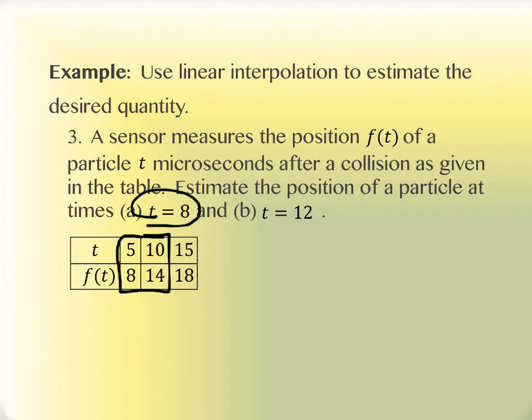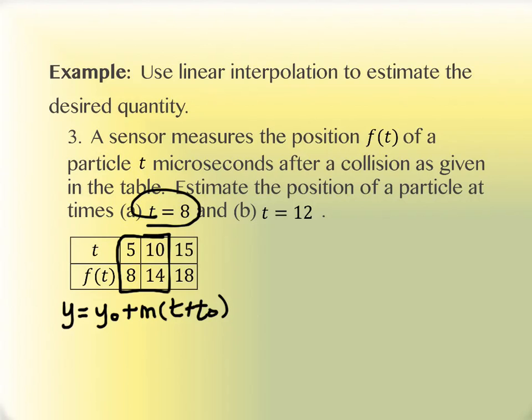So I'm supposed to be calculating y equals y0 plus m times x minus x0. So x0 and y0 come from the table wherever we are the closest to the x value we care about. I know it says t in this one. I should use the right variables, so we'll use t and t0 just because that way actually looks like the ones we're using. But I'm using the t value and the f of t value that are the closest to my t value